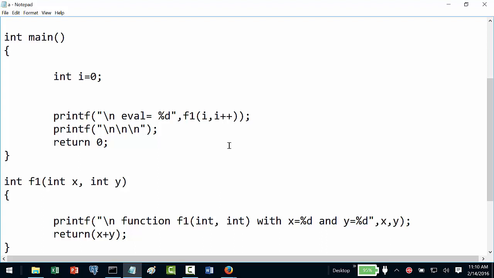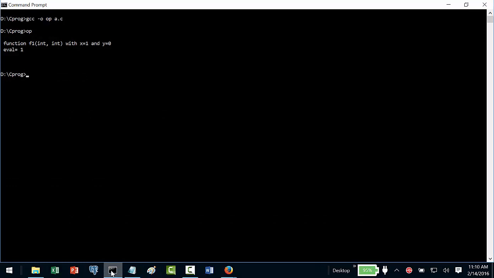Okay, let us see one more example. Let me put i++ here. Now what should actually happen in this case? The value of i should have been what? If it was doing that, the value of i should have been 0. The value of x should have been what? Again 0, and then it would have incremented. So we want to look at x and y to be 0. But let us see how it exactly behaves. I think it should behave as 1 and 0. Let us see.